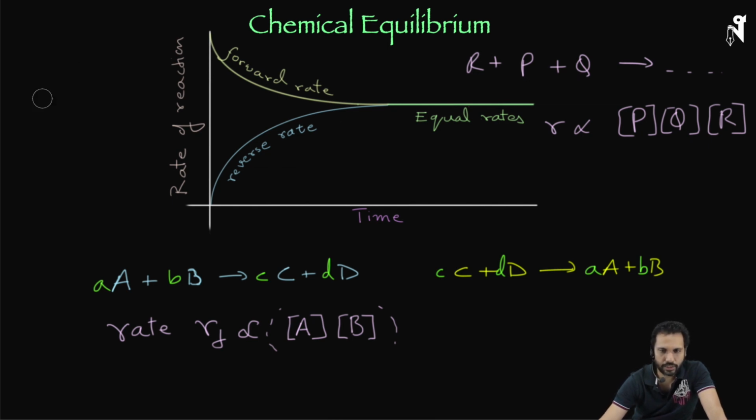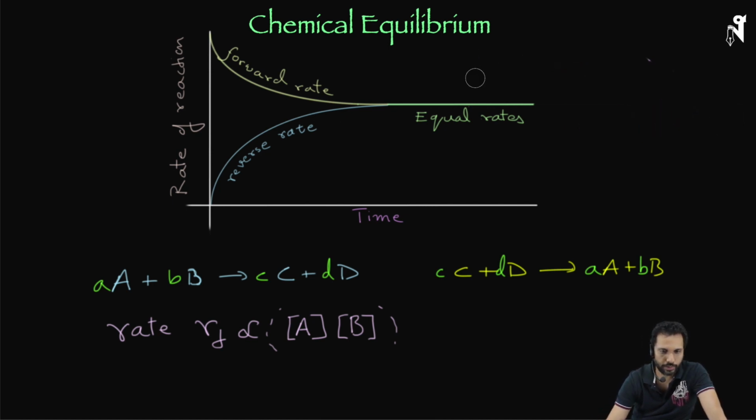And now let me replace the R with another P. So these are the three molecules which are, say, bombarding among themselves and forming the product. Where is the issue which we are going to study next year? So if suppose that is happening, then would it not be that the rate will be given by P into Q into P again? So if I write P into Q into P again, then that mathematically is P square into Q, right? So going by that logic, what do you think would be the rate of this reaction given over here?